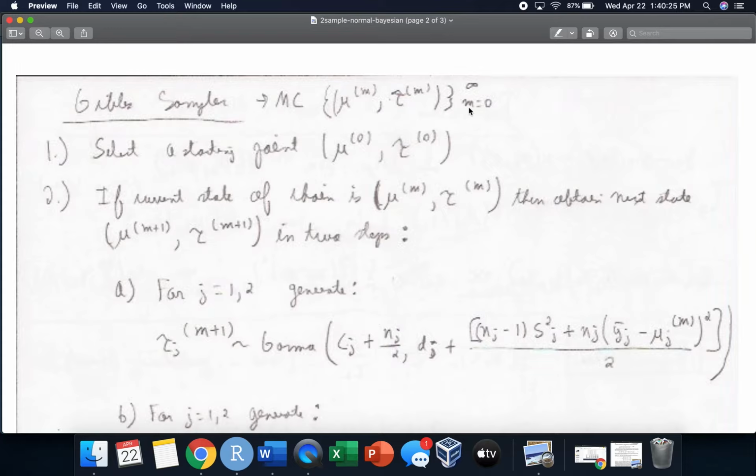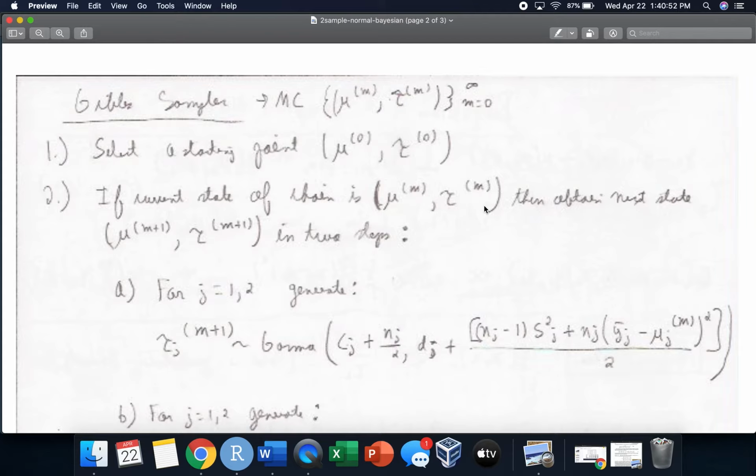So m goes from 0 to infinity states. To start off, we want to find a starting point. This can be any initial starting point that we call mu0 and tau0. These are the two parameters we're estimating. Now, the second step is, if we're in a current arbitrary state of the chain at mu m